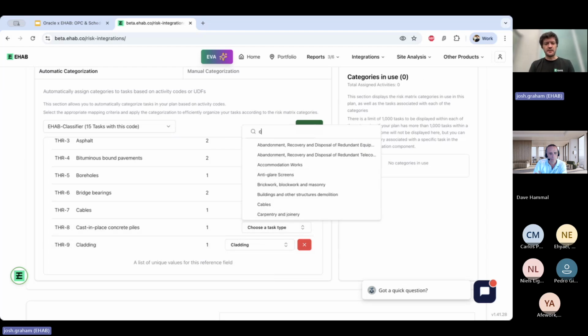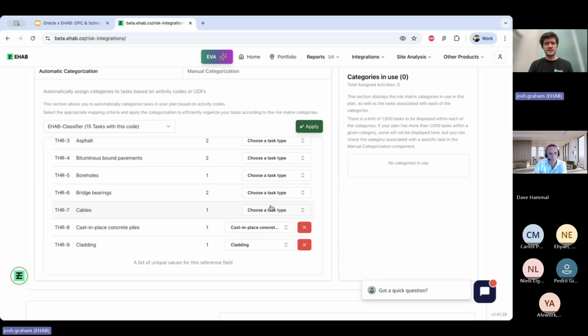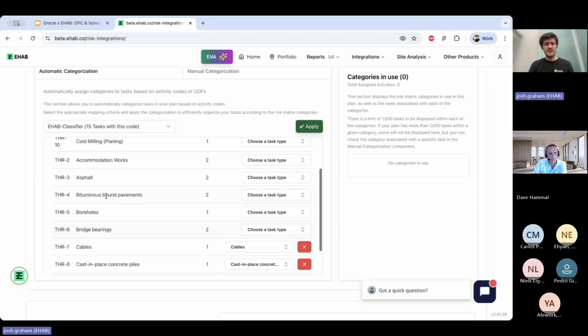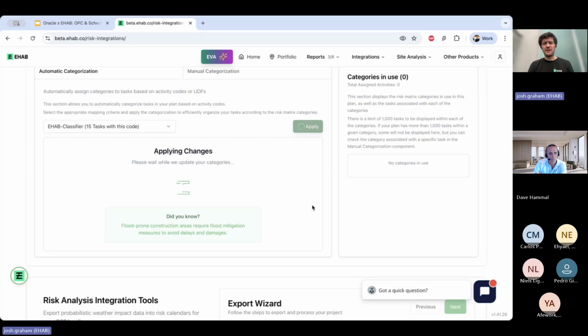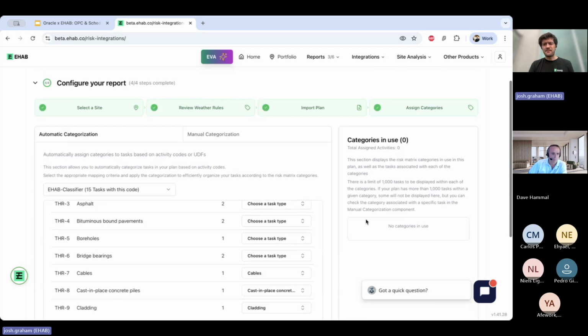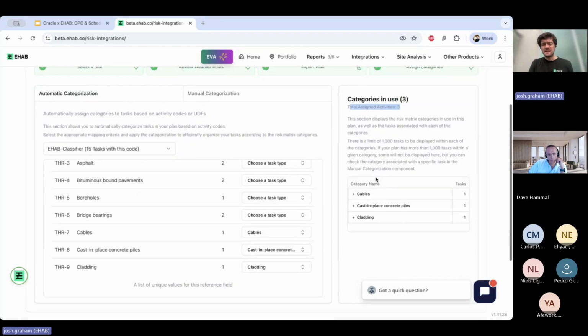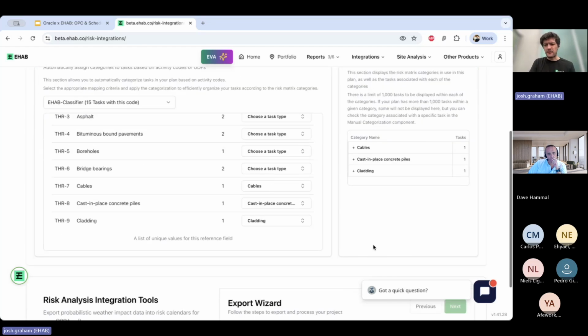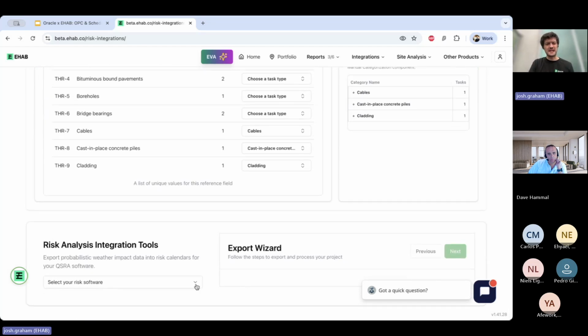So I'll just do a couple as an example, because we're not going to go through the process entirely here. But you can see basically I'm selecting based on what the code type is, and I can then click apply. And what this then is going to do is match all of the activities in the plan based on the selections I just made. So now we've got 3 categories in use on the right hand side, and that's been assigned to 3 activities in total. And so now I'll hand over to Dave in just a second, but all we need to then do is select the risk software. So we're going to go Oracle Primavera Cloud,